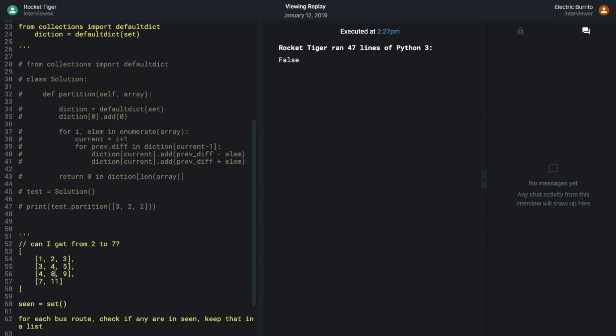Okay. So in this case, when we run across the 3, we see 3 has been seen before. And in that case, let's see. So if 3 has been seen before,